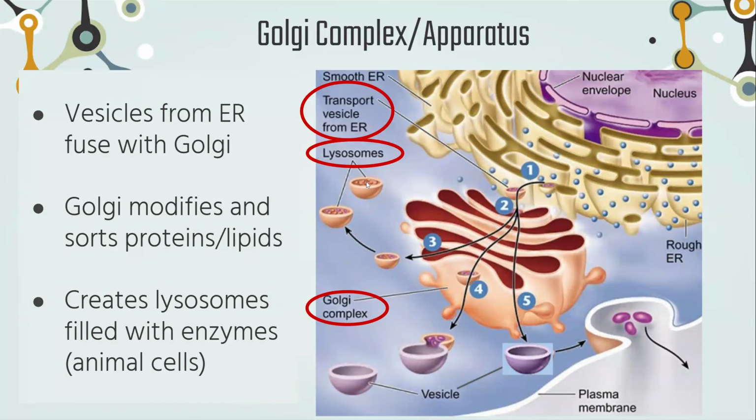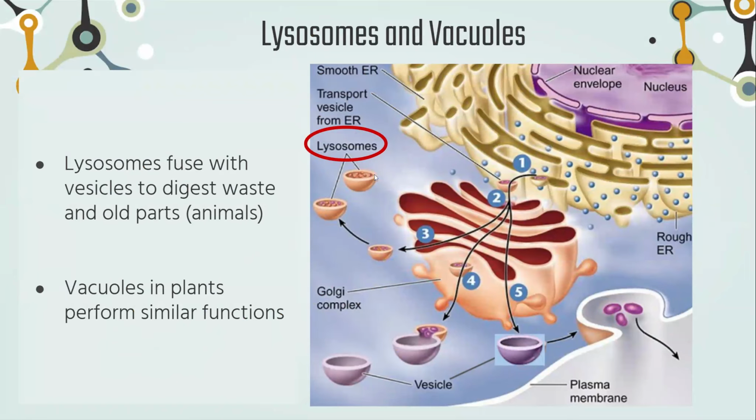with enzymes. And lysosomes are normally found in animal cells. These enzymes that are produced in lysosomes normally fuse with vesicles, those organelles that are used for shipping products such as lipids and proteins. These lysosomes fuse with these vesicles, and if these vesicles contain things such as waste or old parts that they want to get rid of, these lysosomes will fuse with them like this and digest the waste and those old